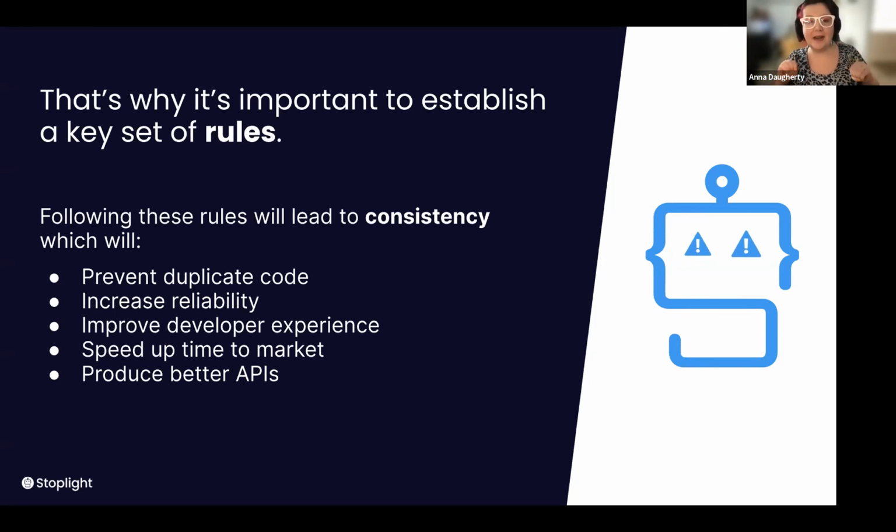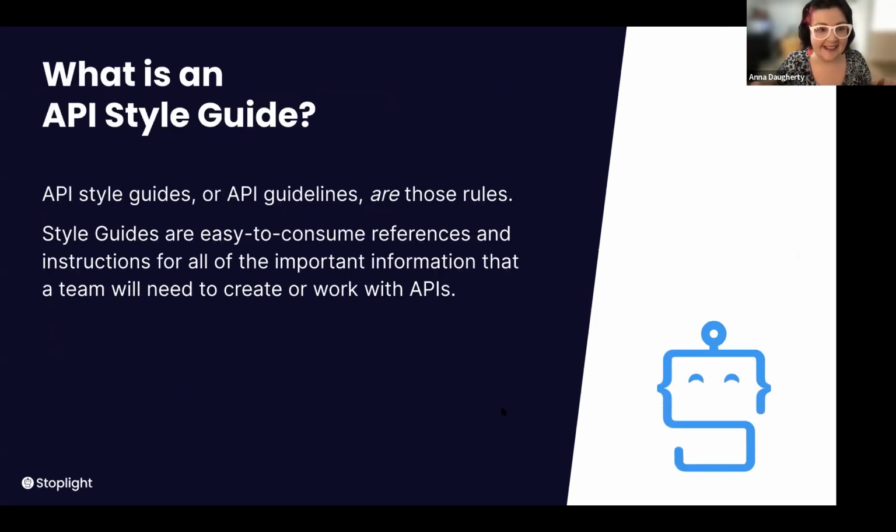If you can get your API product to the market faster, you also want it to be good. And the way to do that is to have a style guide that helps you adhere to standards you've set, increasing development time and getting you to market faster. And overall, you just want better APIs. That's the whole point of this. Consistency equals quality. So we're striving for that together across all industries in the API space.